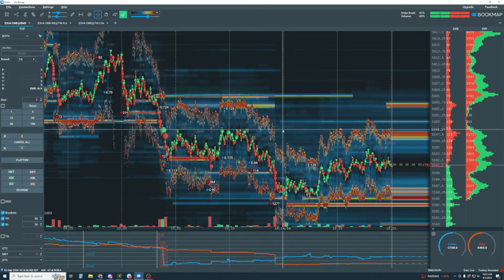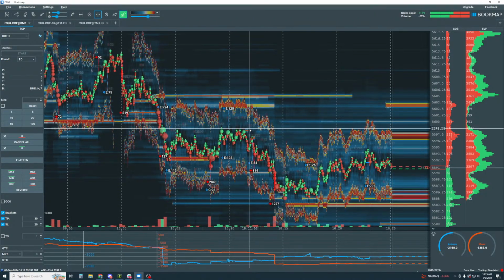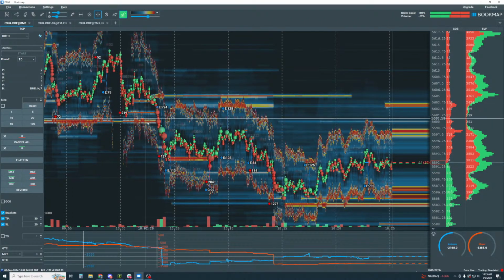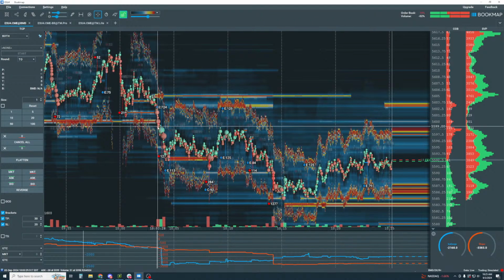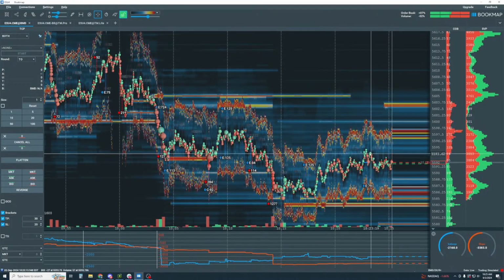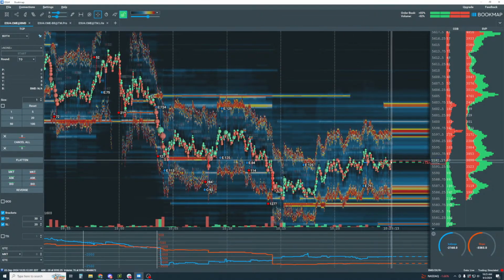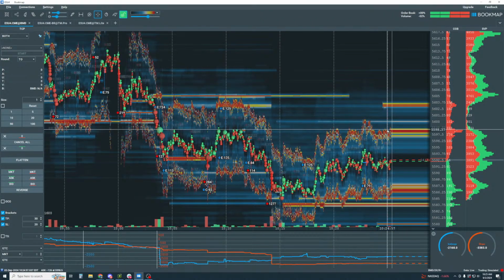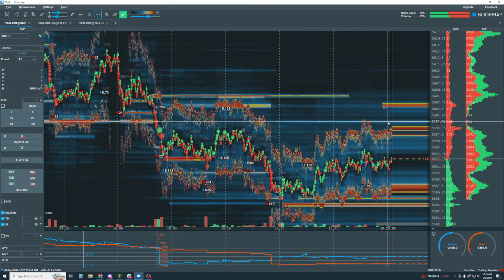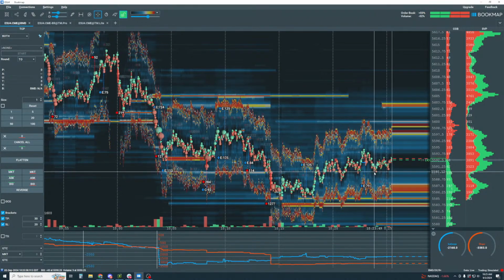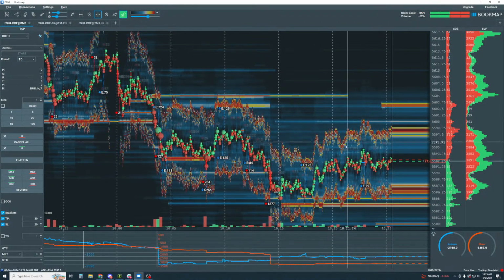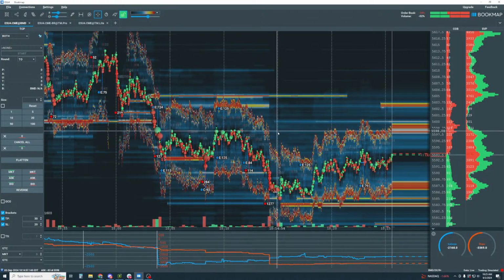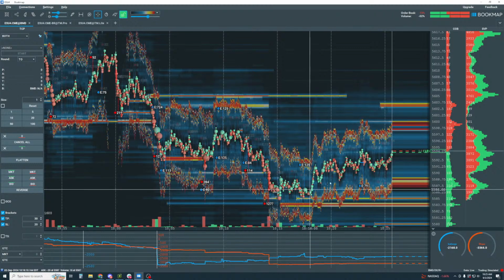Okay, this one looks the best up here. This is a really low volume node up here, which just means that price went through here very quickly and not much traded here. So maybe you took some profits. Maybe if you see some buyers come back in here again, you reload and look for a move back up into 98 to 5600. Again, these can be very tricky in here, but that's what we're watching for and looking for here.